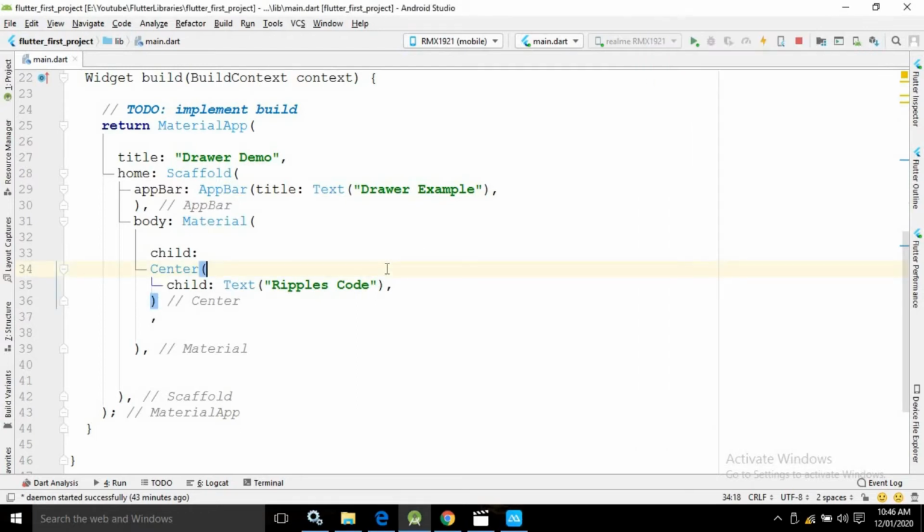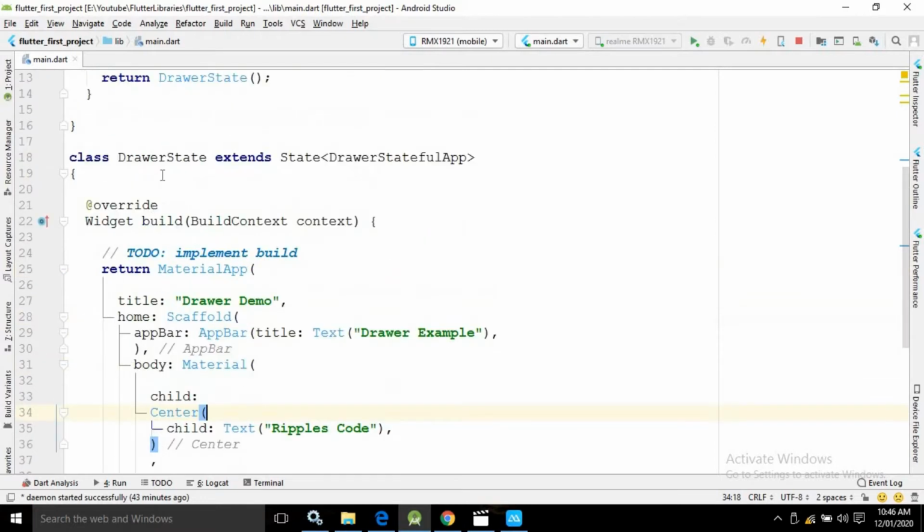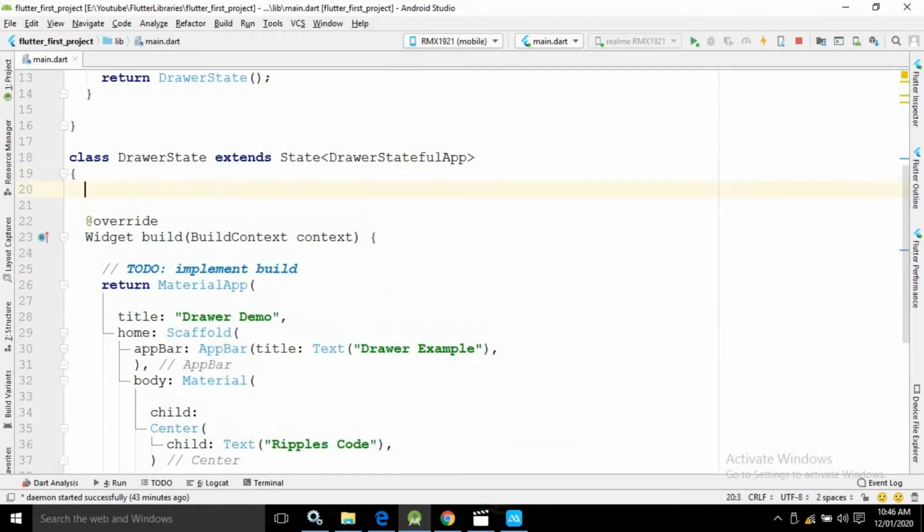Now inside this class I will create a list, a list of string. Let me write here: photo, then the second value let it be video, and as a third let me write Wi-Fi.